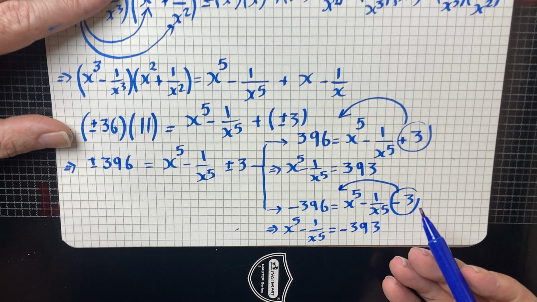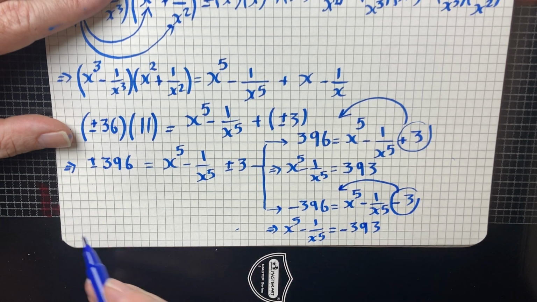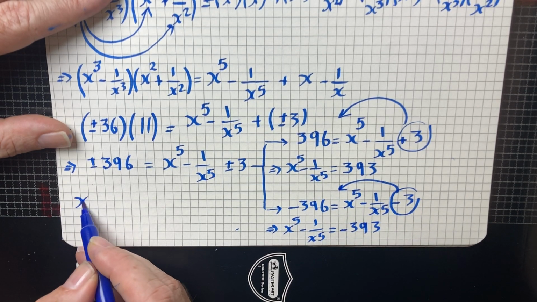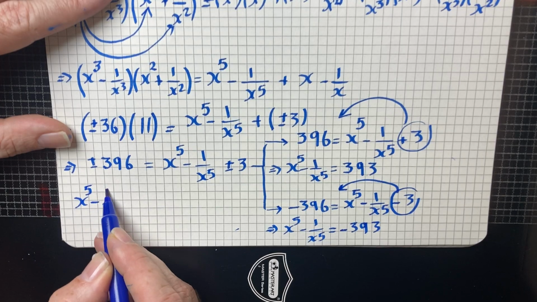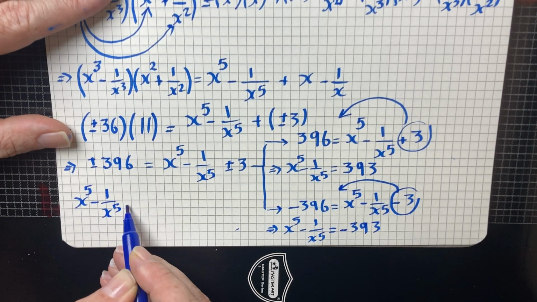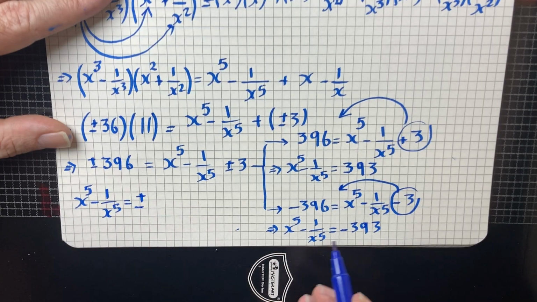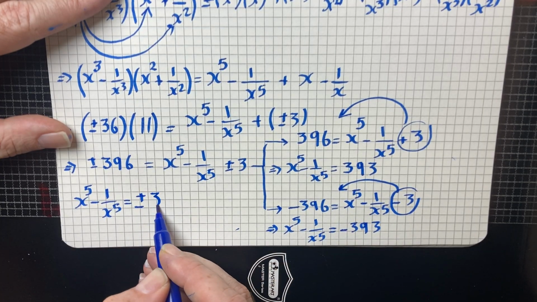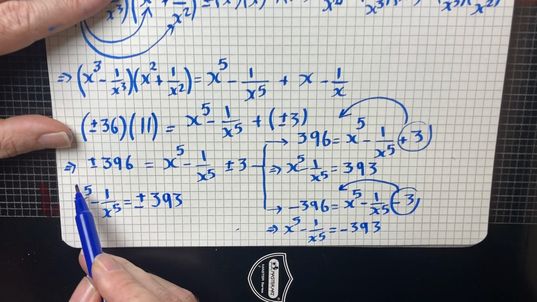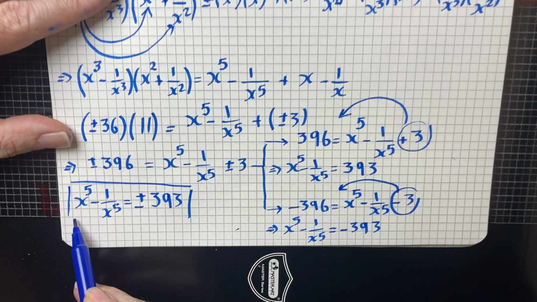Negative 3 changes to positive 3. So we have two values for x to the power of 5 minus 1 over x to the power of 5. What are they? Positive or negative 393. And this is your final